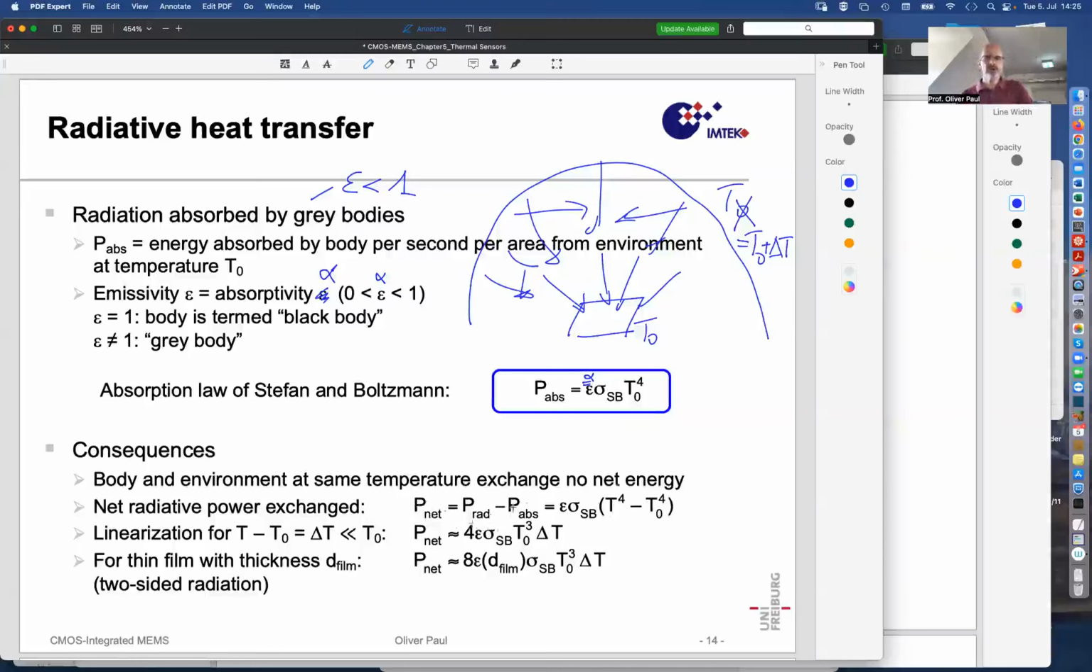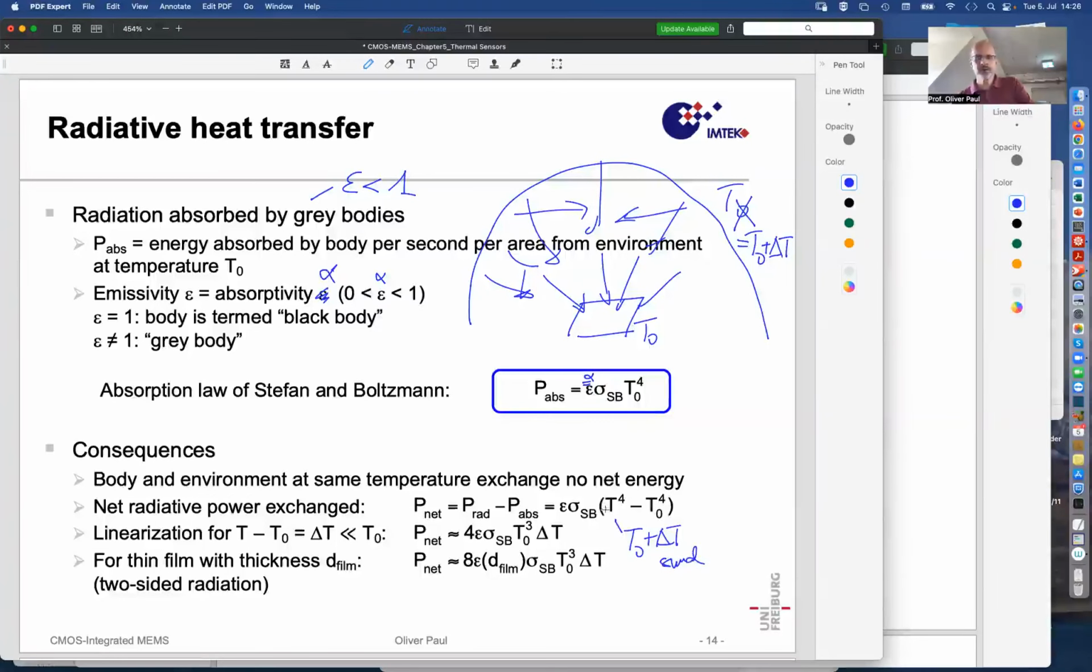But if two bodies are at different temperatures, of course there is a net radiation transfer. What is radiated minus what is absorbed. If the body is hotter, now in the middle, it has temperature T to the 4th, then this T to the 4th is larger than the T0 of the environment to the 4th power, and then you may have a difference. However, if T is equal to T0 plus delta T with a small delta T,